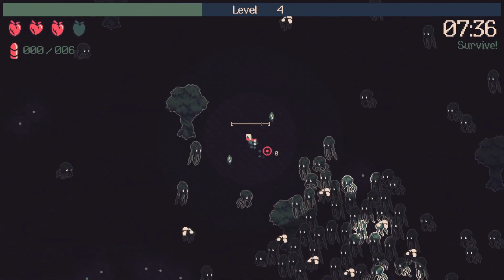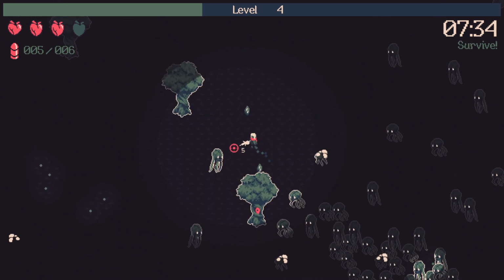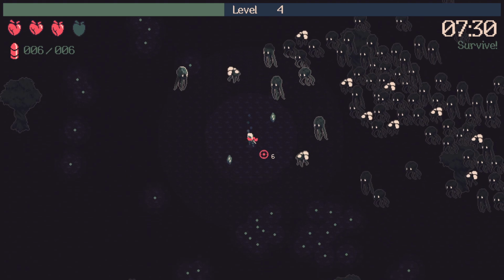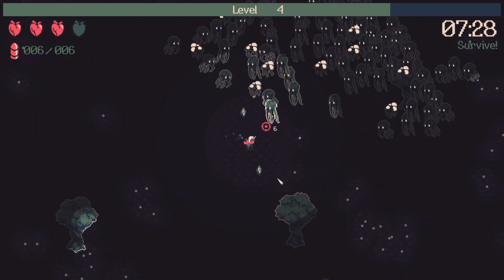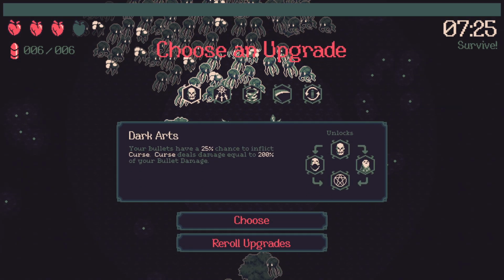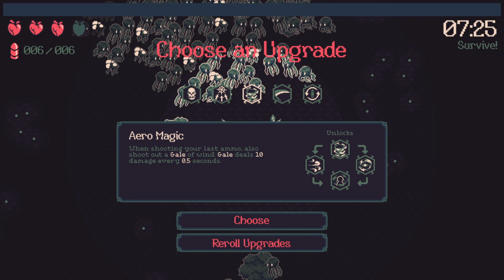But what I really want is a power that triggers when I reload, because there are a bunch in this game that trigger either on reload or on the last shot in the clip, and that didn't seem that great to me. Yeah, here's one. Aero Magic. When shooting out your last ammo, also shoot out a Gale of Wind. A Gale deals 10 damage every 0.5 seconds. Compared to that lightning thing, I think the lightning was like 12 damage every 2 shots. This doesn't seem great, right? It seems like, okay, but